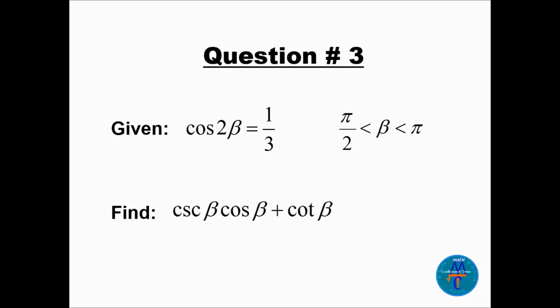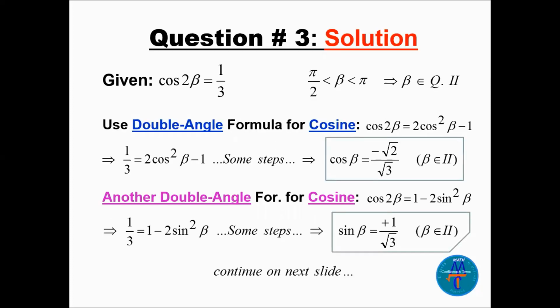So this question depends actually on the formulas. So you have to deal with the formulas. So what is cosine 2 beta? I think here it's a good idea that you pause for a minute or so. Start with cosine 2 beta, the first slide. What are the formulas, or how can we use them? Let me show you. So, given cosine 2 beta is 1 over 3, beta is greater than pi over 2 and less than pi, which means